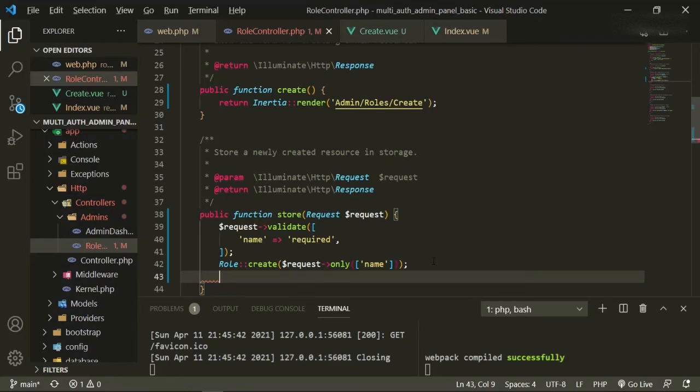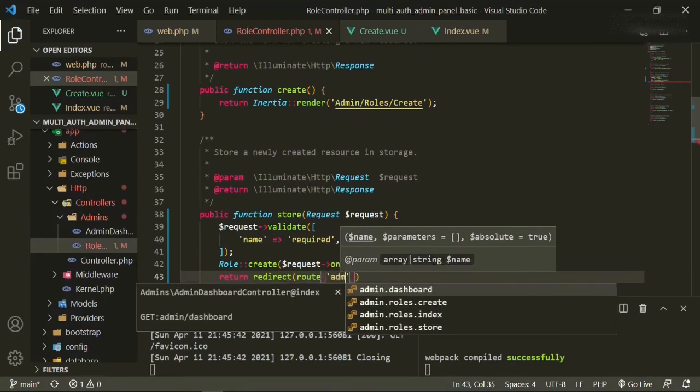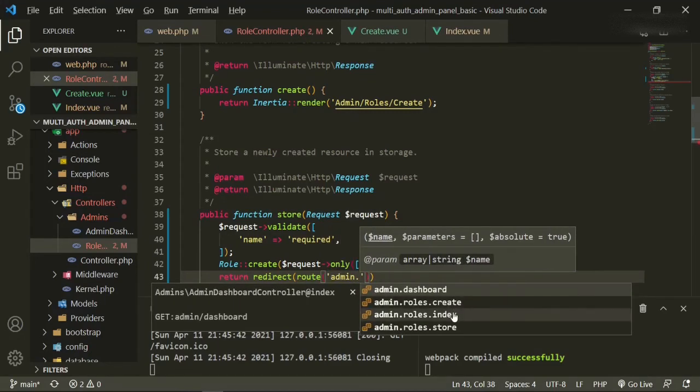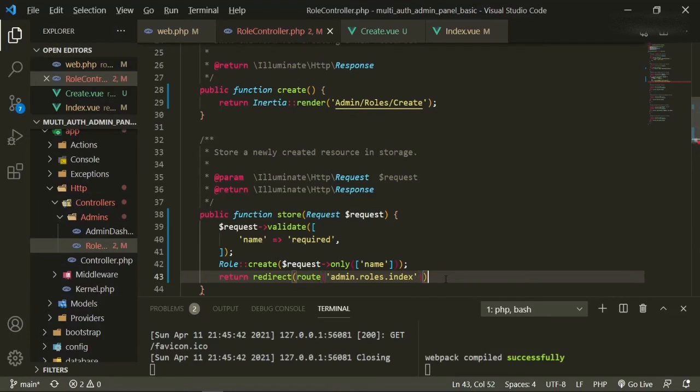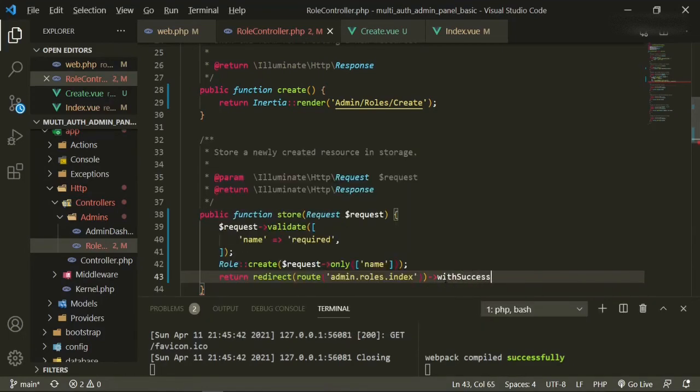So then what we can do after that is return redirect, we'll say route admin roles index, and then we'll add with success, role created successfully.